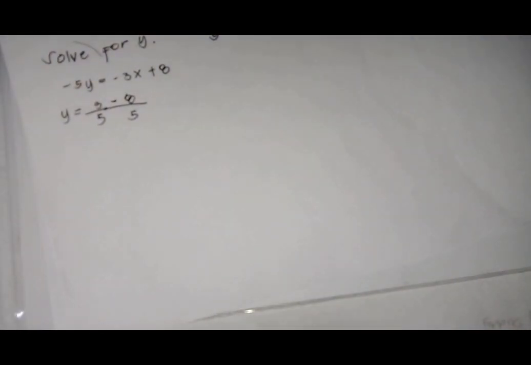The point-slope form of a line is y - y1 = m(x - x1). We are given the point (5, -3) and the slope m is 3/5. So, substituting this into the point-slope form, we can write